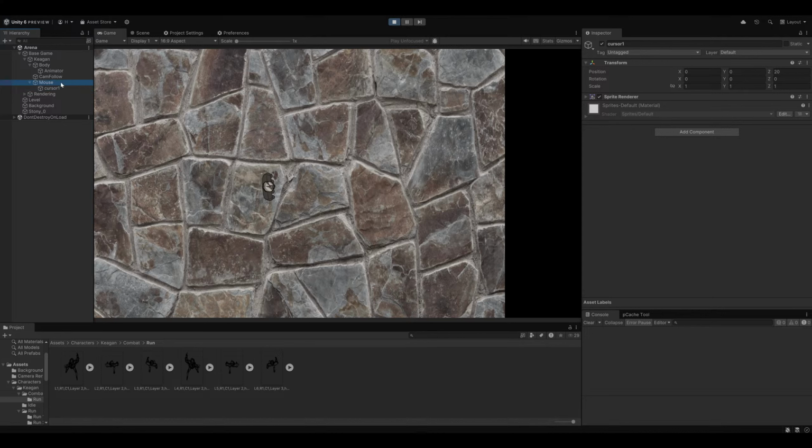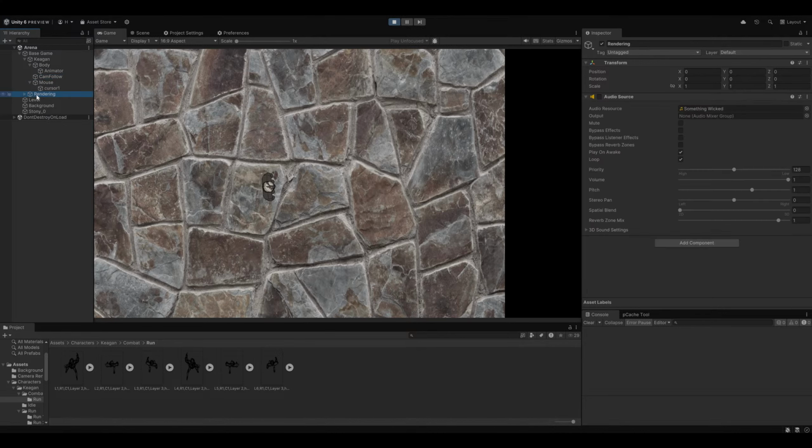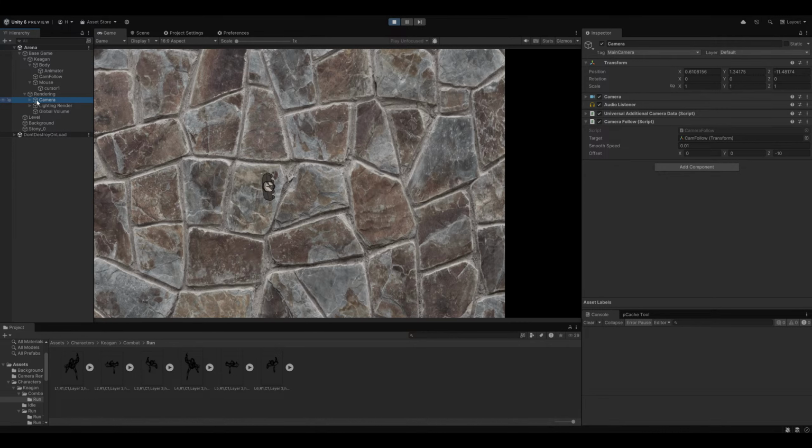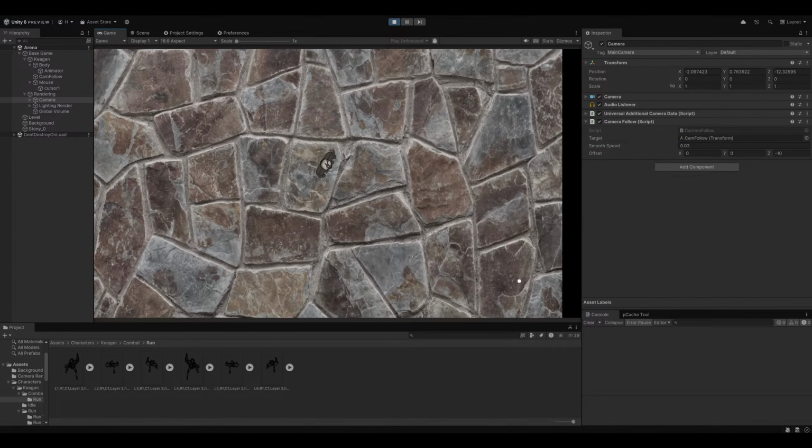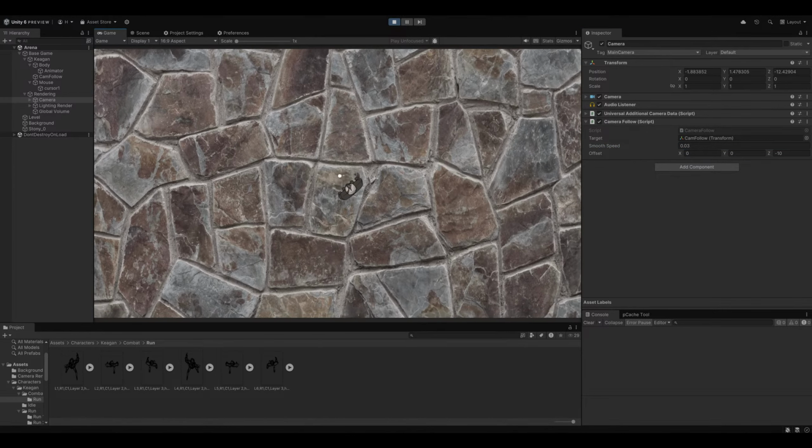Where do I do it? Is it here? Camera follow, smooth speed. Well, obviously it's this one, right? So if I bump that up to like 3, yeah, way faster. I probably don't want combat to be that fast, but let me store that speed in